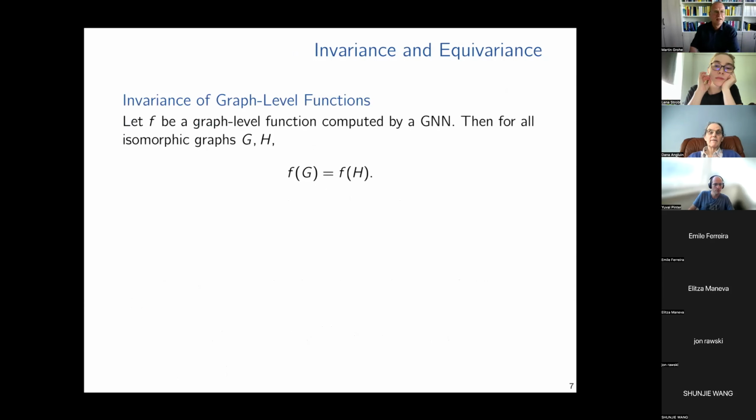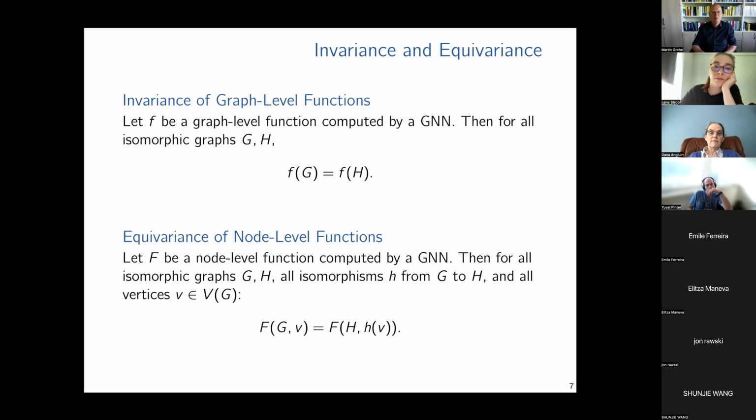Now, one important thing to note, and a reason why graph neural networks have become so popular, is that typically we want functions computed on graphs to be invariant, in the sense that they do not depend on the actual representation of the graph, but just on the isomorphism type. Isomorphic graphs should get the same function value. The same holds for nodes, which is a bit more complicated to formulate and is typically referred to as equivariance.